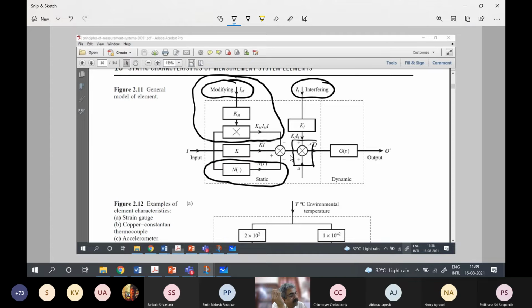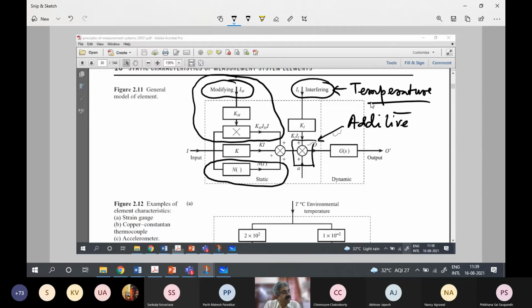So the desired input is coming, and we see that the interfering input is an additive effect. It is getting added as an error. So there is resistance change happening due to load. Resistance change is also happening due to temperature change. So the total resistance change that we are seeing in the weighbridge is actually a sum of the resistance change due to the weight and the resistance change due to temperature. So temperature in this case is an interfering input in this sense,